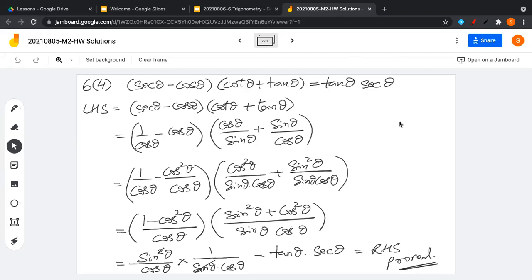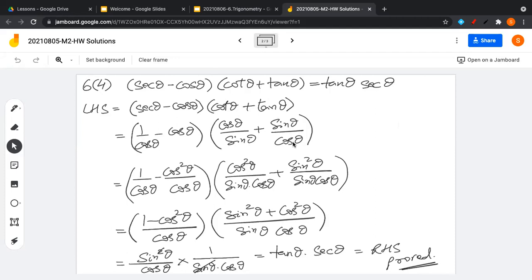On the left hand side, I'm seeing more terms. On the right hand side, I'm seeing fewer terms. So I decided to start from the left hand side. There is no other reason. And this is one of the ways that we can try solving a question, is to convert them into the basic ratio. So sec can be converted into 1 by cos theta. Cos theta remains as cos theta. Cot can be written as cos by sine, and tan can be written as sine by cos.